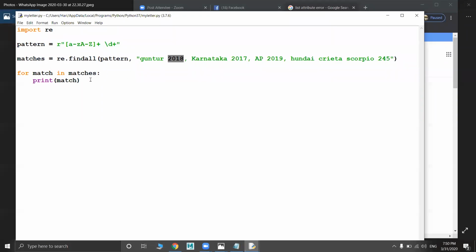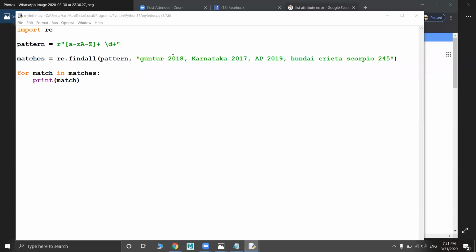Okay. So if you run it now, what will be the output? Can anyone guess? See, the pattern is small a to z and capital A to Z. A word can contain small alphabet letters or capital alphabet letters, and then it should have some space, and then it should have some numbers.